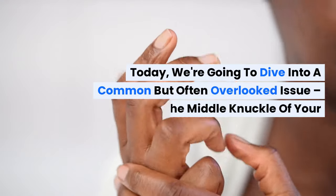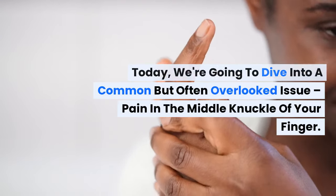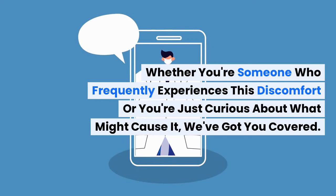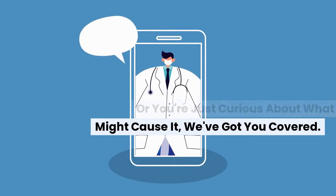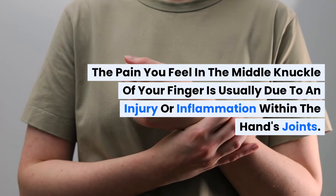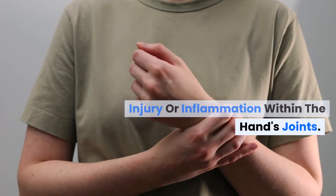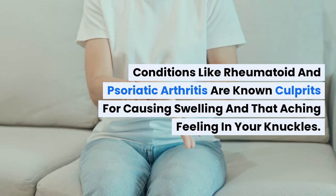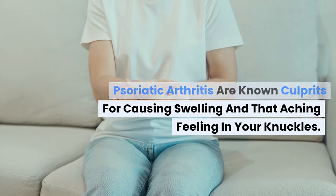Today we're going to dive into a common but often overlooked issue: pain in the middle knuckle of your finger. Whether you're someone who frequently experiences this discomfort or you're just curious about what might cause it, we've got you covered. The pain you feel in the middle knuckle of your finger is usually due to an injury or inflammation within the hand's joints. Conditions like rheumatoid and psoriatic arthritis are known culprits for causing swelling and that aching feeling